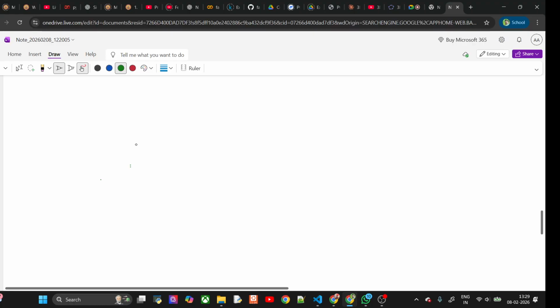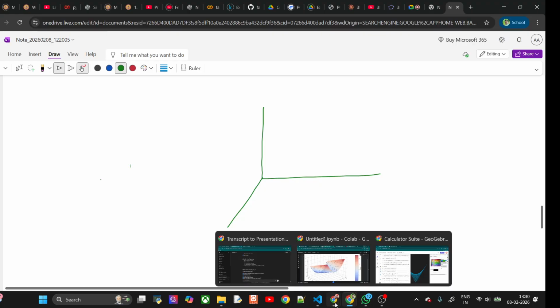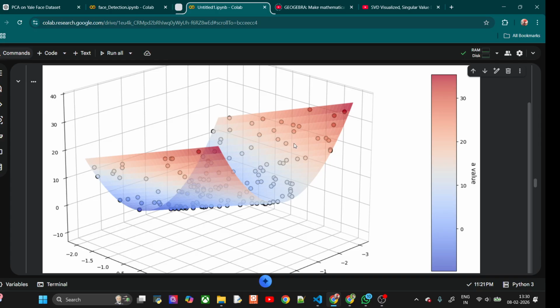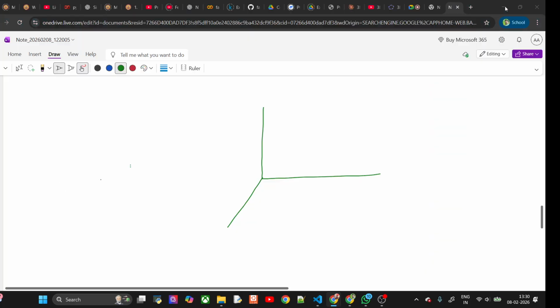Okay, for example, I will draw it here. Consider the example I showed you. You are having points in 3D, and all the points are falling on this surface. All the points are on this surface only. This is 3D points. So in the 3D points, if I draw something,